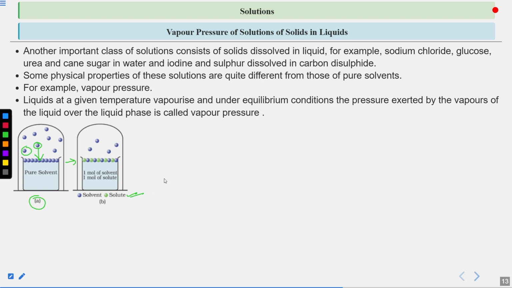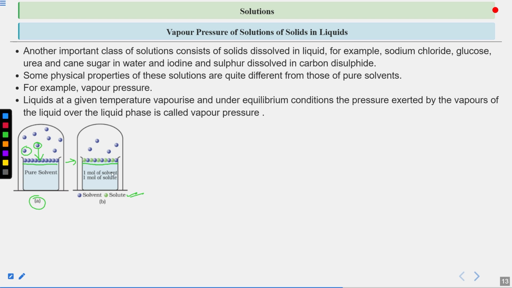Now in the next part, what we are doing is introducing a solute which is less volatile because it is a solid particle. And in general, solids are less volatile than liquids. Now what will happen as a result? Initially, suppose these are 10 molecules that are exposed to the environment for evaporation. After the addition of solute, some of the upper side of this pure solvent is now occupied by a non-volatile solute,